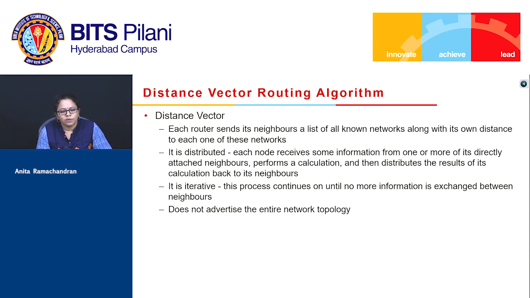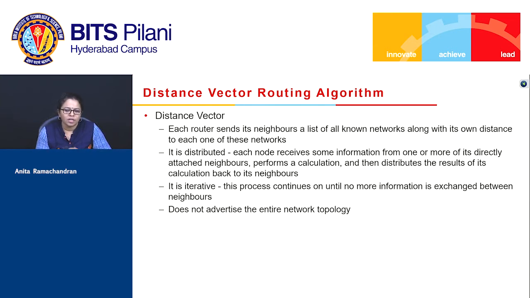In the case of the distance vector routing protocol, each router sends its neighbors a list of well-known networks along with its own distance to each of these networks. And it is distributed in the sense that once a node receives some information from its neighbor, it performs a calculation based on the information disseminated by that neighbor, in terms of how much distance this particular router would require to reach the networks advertised by the neighbor,